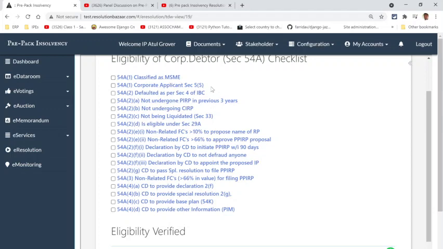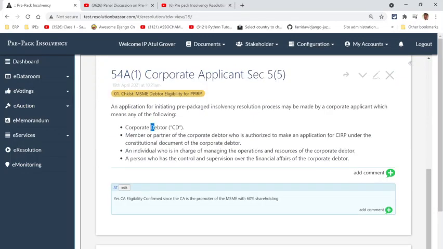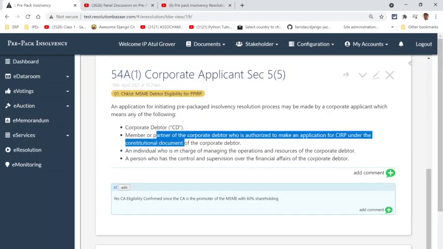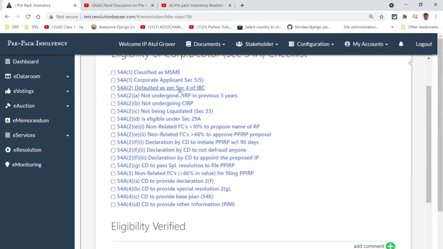Then who the corporate applicant is going to be, and a corporate applicant could be the corporate debtor or a member, partner, or an individual who's in charge of managing. So who the corporate applicant would be is something that they'll have to look into. Ensure that there is a default as per section 405 BC. So a default of 10 lakhs is required, and whether it's there or not. And then the whole list of other general checklist items,